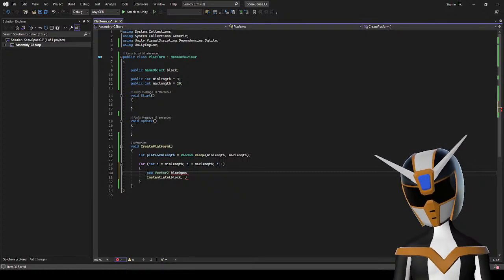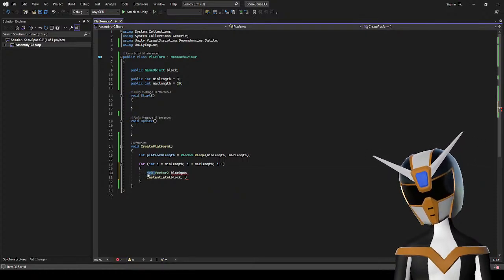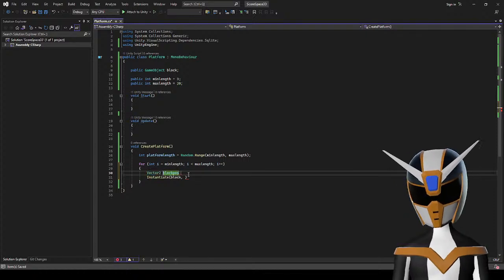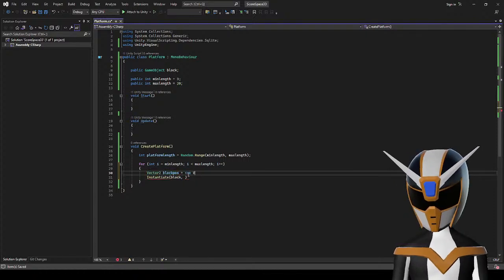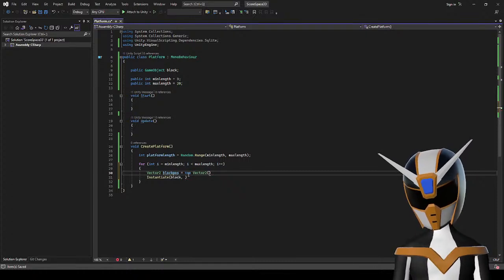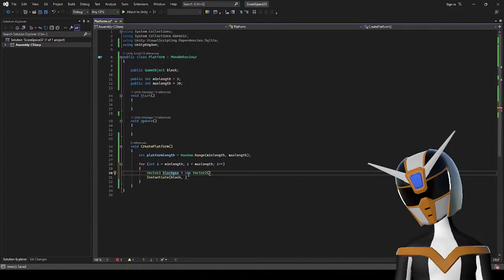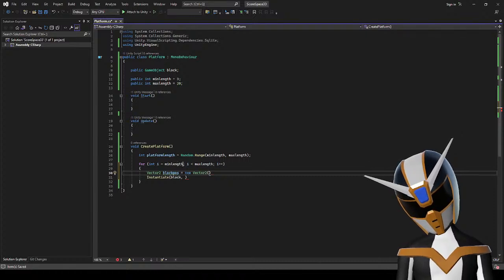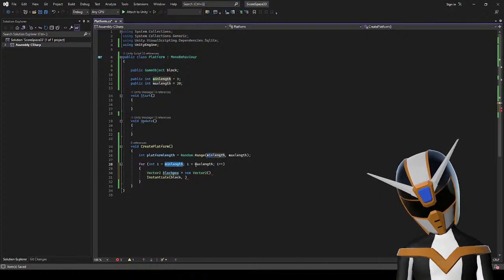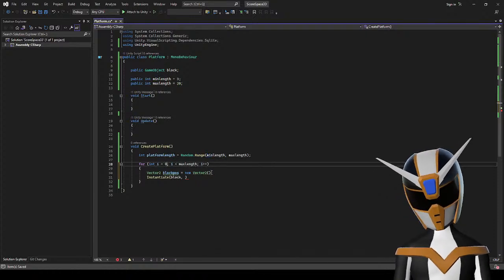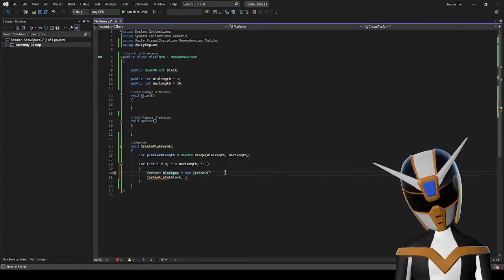Vector2 blockPos equal to new Vector2. Wait, no. Do I want to set i to minimum? No, i is going to be like the position of the blocks along the platform.